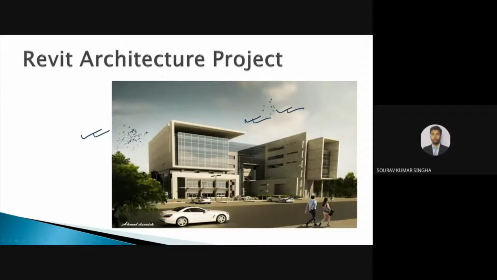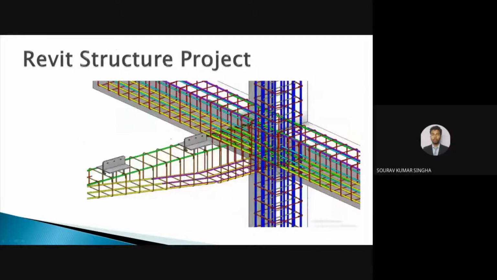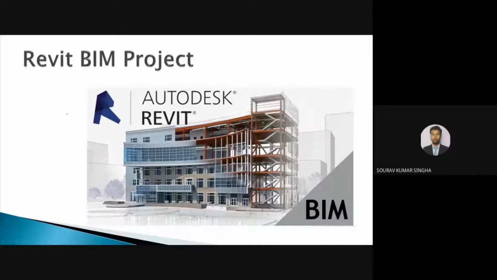This person, you can see, is made by Photoshop. This particular diagram is placed over here using Photoshop. But except all this, the cars, the building, all the things are made with the software Revit architecture. This is the Revit structure project. So we will do a thing similar to this today, and this particular thing is made with Revit structure. And this is the building information modeling, which is made by the Revit software.